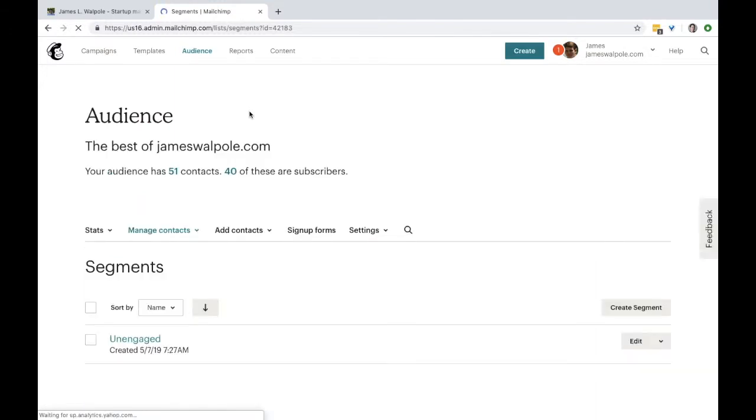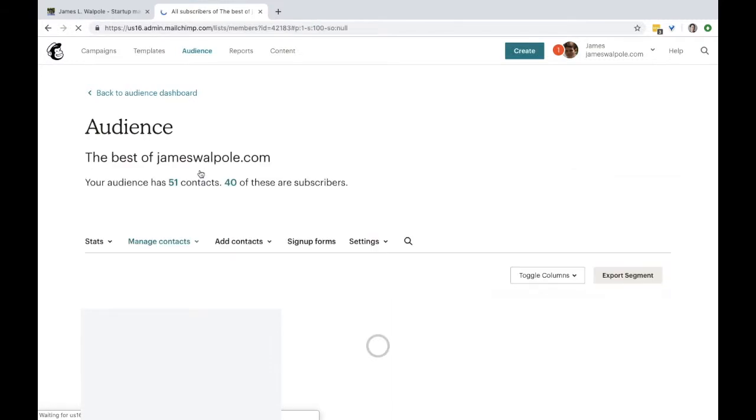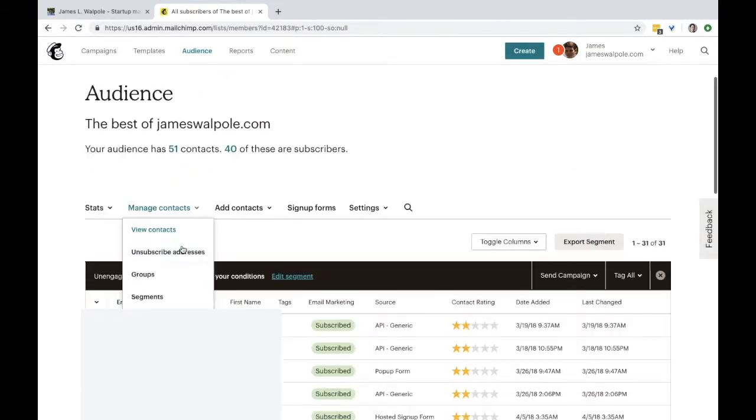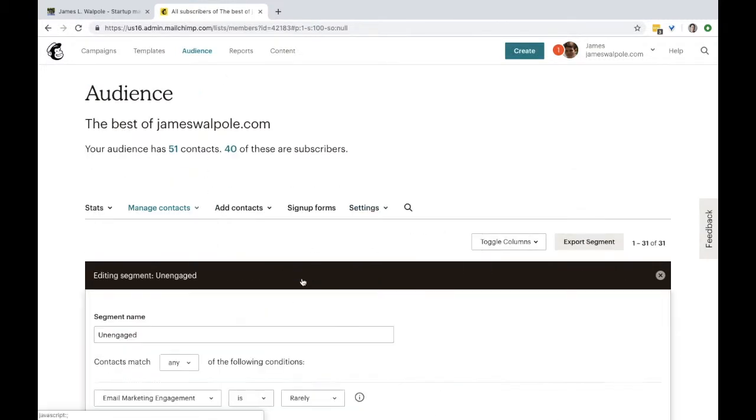And here segmentation is going to be useful if you want to email part of your audience for a specific purpose, maybe based on activity you have. So in this case, it's engagement with emails. And so I want to email the unengaged list because I haven't emailed this list in a good while. So the unengaged list is where I want to go. And this basically means they've engaged only a little bit. So if I want to edit that segment, edit the segment,